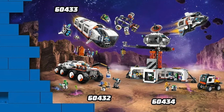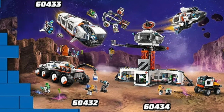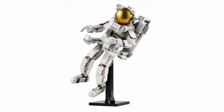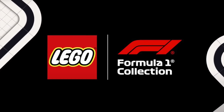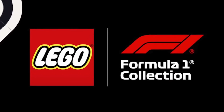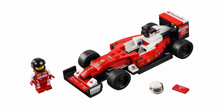Now each year LEGO release a group of sets in a city sub-theme, and last year it was space. But space was also a sub-theme of many other themes like Technic, Friends, Creator and collectible minifigs. This year LEGO have done the same thing again, and they've got a sub-theme crossing over several themes, and it's Formula One. Now we've had Formula One sets in Technic and Speed Champions before, but to have them in City